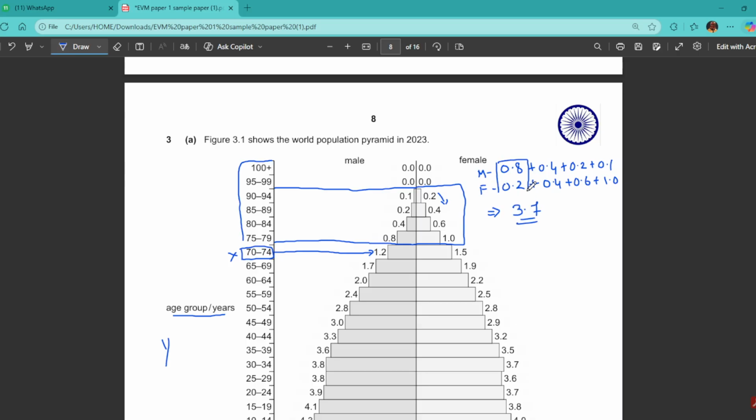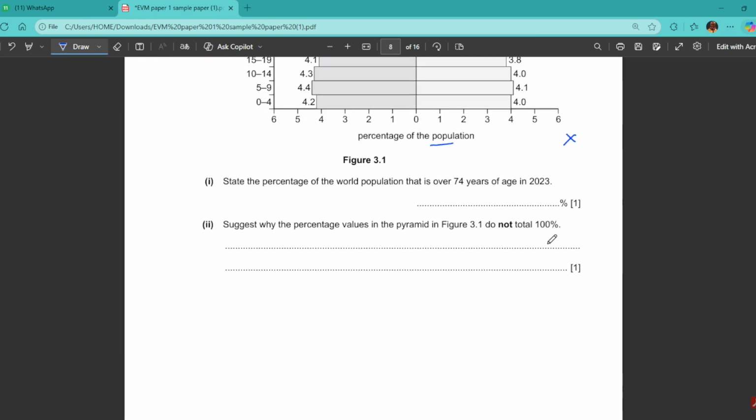This is 1, this is 0.8, then we have 0.8, and in the end 1.1. So you can add up all this thing, the final one you will be 3.7%. Fine. So this was the first, very easy,